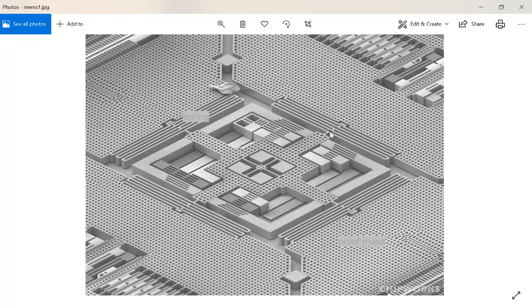Because the motion can change the position of the springs, which changes the capacitance of the sensor, it is able to sense that capacitance change, translate it into analog voltage, and then digitize it. So you can get a signal for acceleration and angular velocity